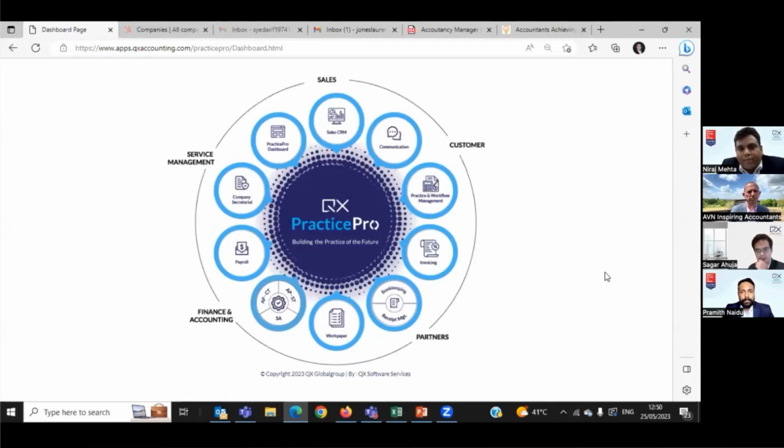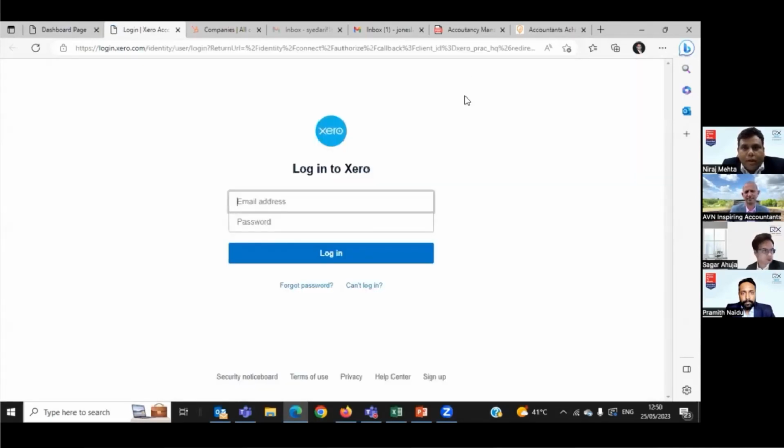At times it happens with many accounting firms that they are juggling between different software, hosted on different environments. But here, what we have achieved is that all the software is hosted in one go. So for example, if somebody is looking to work on a bookkeeping task, they can click on the bookkeeping task and the Xero software will pop up on your screen.